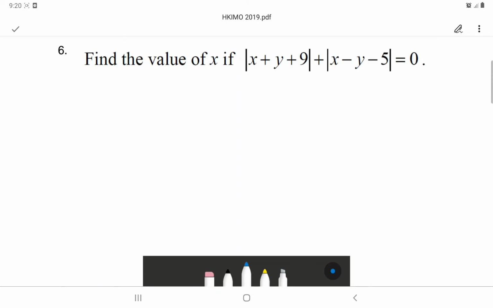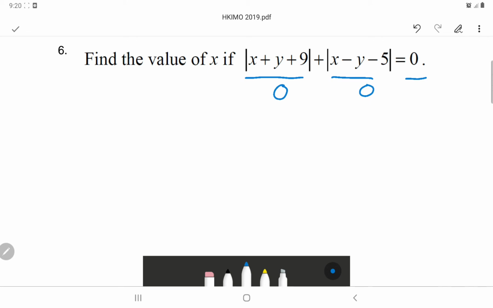Find the value of x if the absolute value of x plus y plus 9 plus the absolute value of x minus y minus 5 is equal to 0. So as you can see, you have your two absolute values and their sum is 0. So it is expected that these two absolute values are both equal to 0 so that you could get a sum of